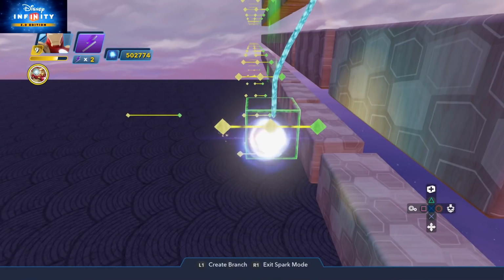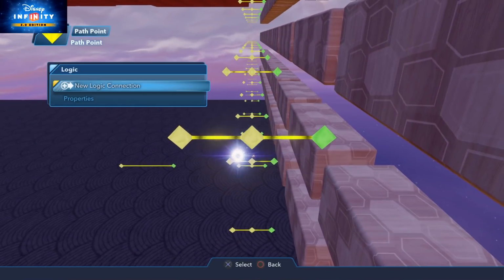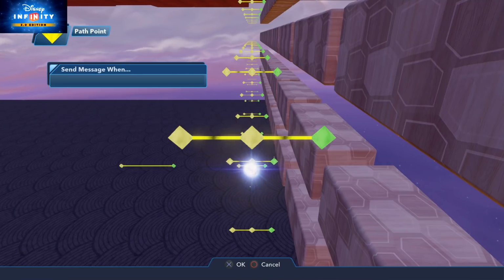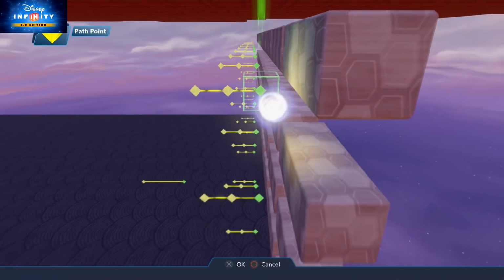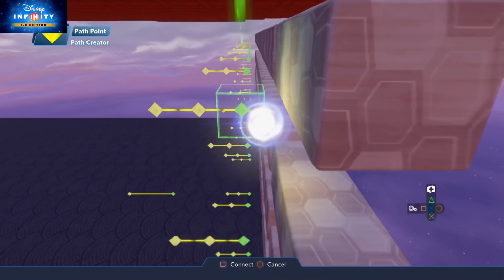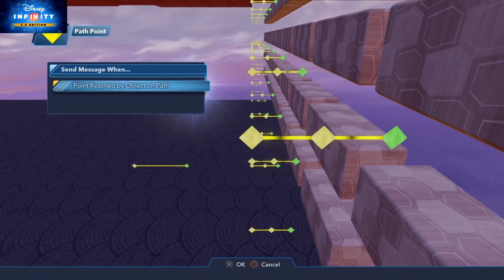So we can check we've done those 3. This is just to remind me because I've forgotten already. So we've got the first one. When we reach that point on the path, a new point reached on the path, can we turn the one above it on? Perfect, so that gets turned on. Next point across, new logic connection, when point reached on path,